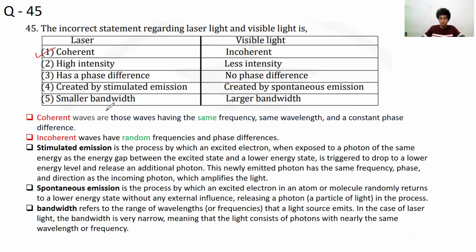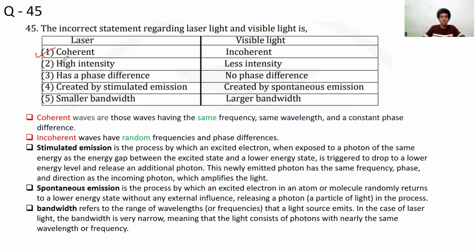Coherent waves are those having the same frequency, same wavelength, and a constant phase difference. As laser lights are monochromatic, that means they are composed of photons nearly having the same frequency, they are coherent. But as visible light is composed of a mixture of light having different wavelengths or frequencies, they are